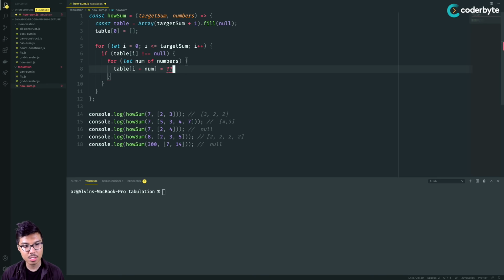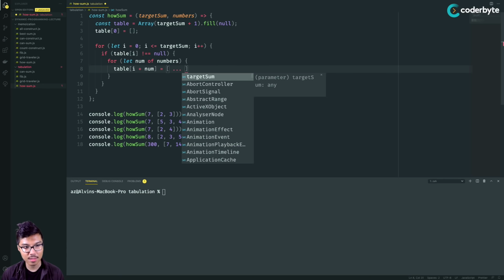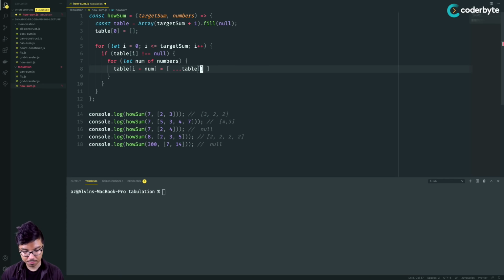So what I'm going to do is start by copying over the subarray at position i, at my current position, right? I know that if table i is not null, then the only possibility is that it's an array, right? It could be an array of 0 elements, or it can be an array of many elements. So no matter what that array looks like, I'm just going to copy over that array. So I'm going to spread out all of the elements of table i. And so far,